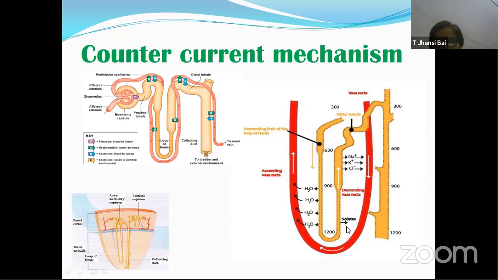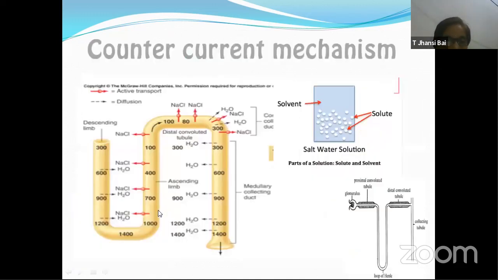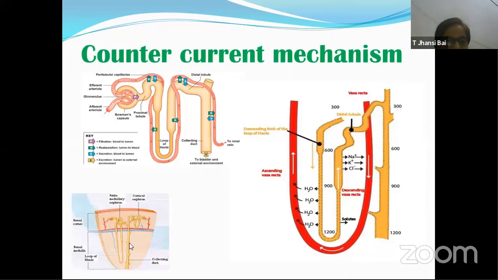The sodium ions which have joined this blood, once it moves up, all the sodium ions come out of this loop of Henle. Let me come back to this word, interstitium. In this interstitium, which is nothing but fluid, the space present in between the nephrons, and even around the loop here, the space that is present over here.